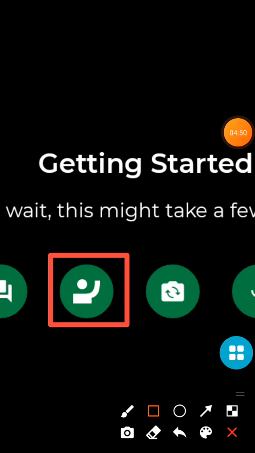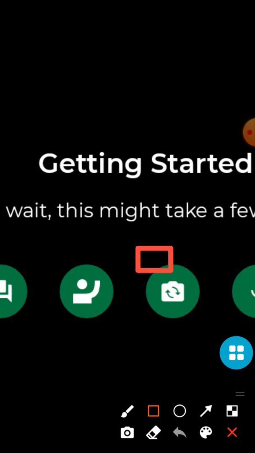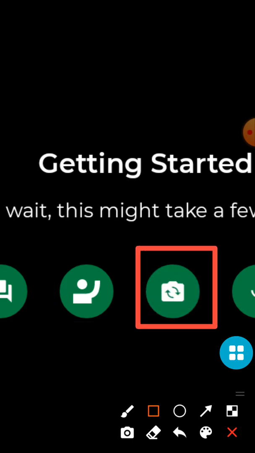Then teacher will pick you up. She will put you on live stream. Then we have our switch camera. So if you want to show any project, any craft work, anything you want to show to the teacher, or any copy work, whatever the teacher asks you to show, जो भी शो करना है, if you want to switch the camera, अगर कैमरा स्विच करके दिखाना है, then you need to click on this option.